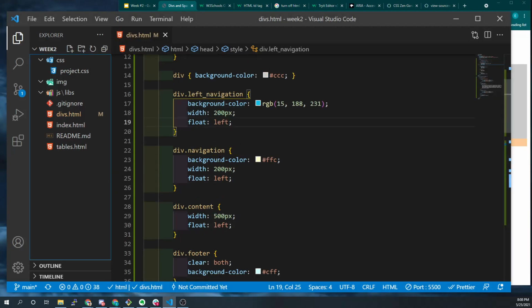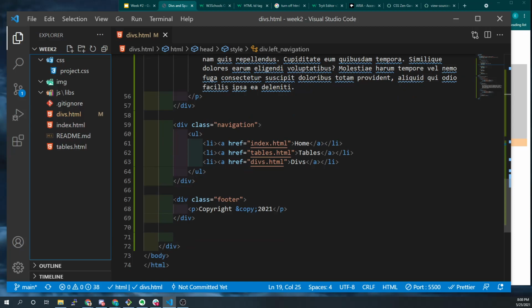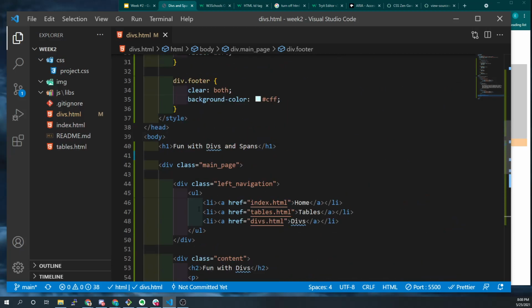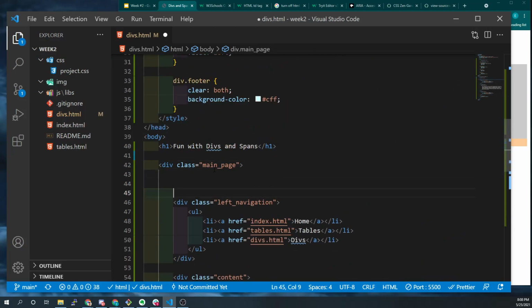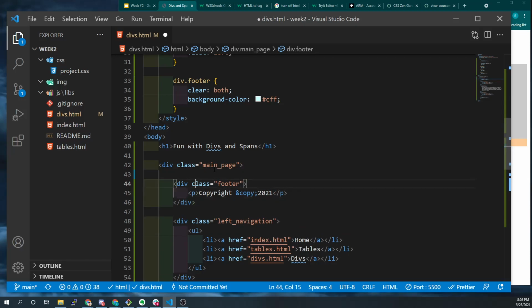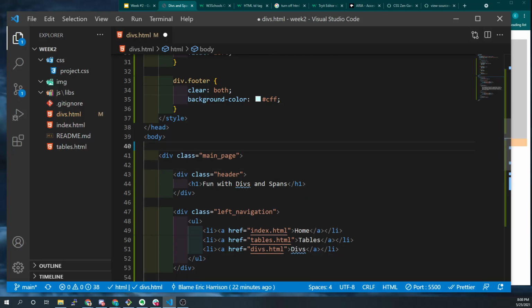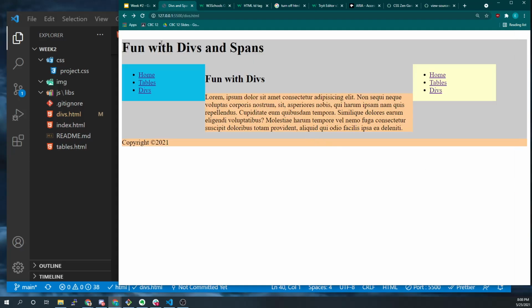We could do the exact same thing that we did with the footer if we wanted to make a header. Right? We'd come up here and say we're actually going to have a header. And normally what you'd see in a header like this is that, in most websites, instead of having a copyright message, this would be where you'd have your main page title or your main H1. So whatever the page is about, that's generally what you'd put in this first element that is your header, right? And so now,